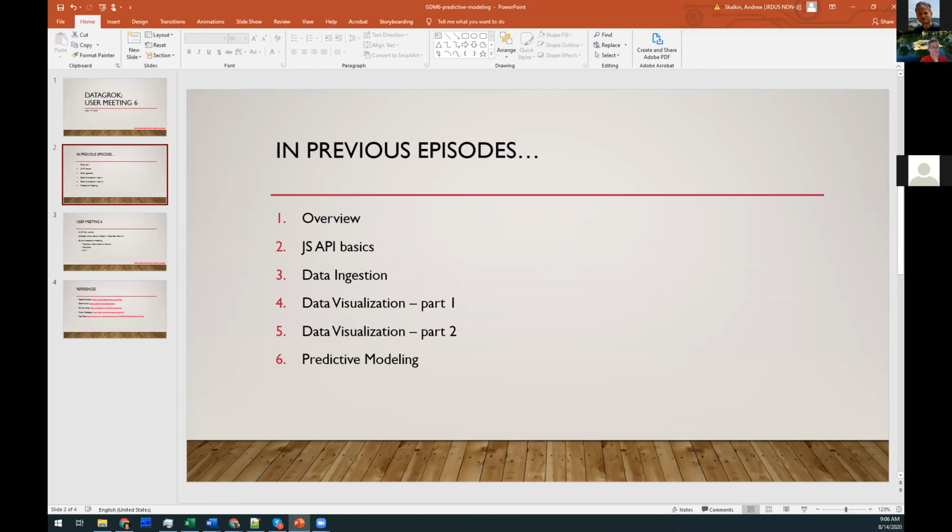So here's what we've covered in our previous meetings. We had an overview of the platform. We covered some basics for custom development and JavaScript API. We did have an in-depth session on data ingestion. Then the next 2 sessions, we've been covering data visualization quite extensively. But still, we did not have enough time to cover the JavaScript API and some other parts related to data